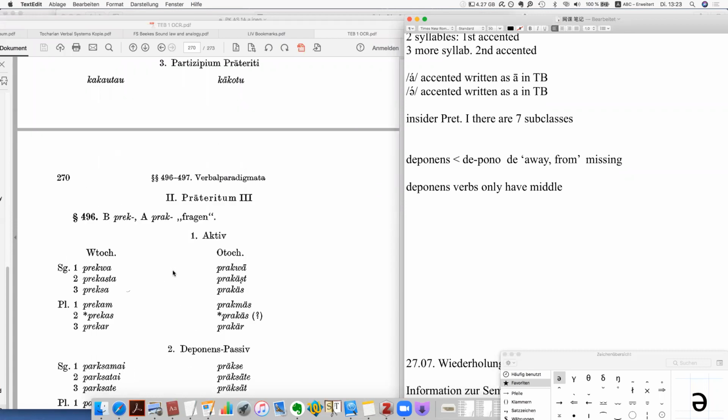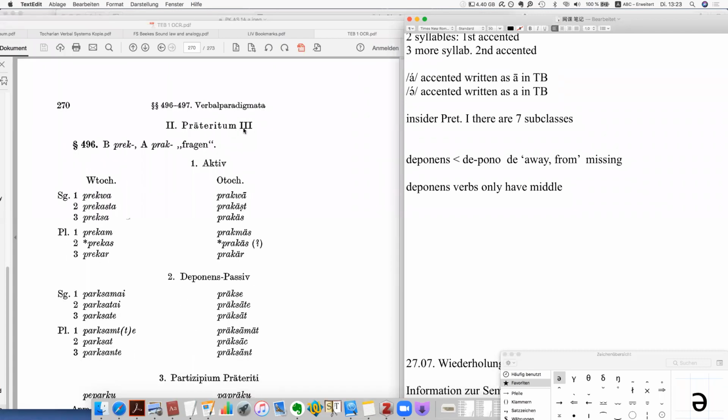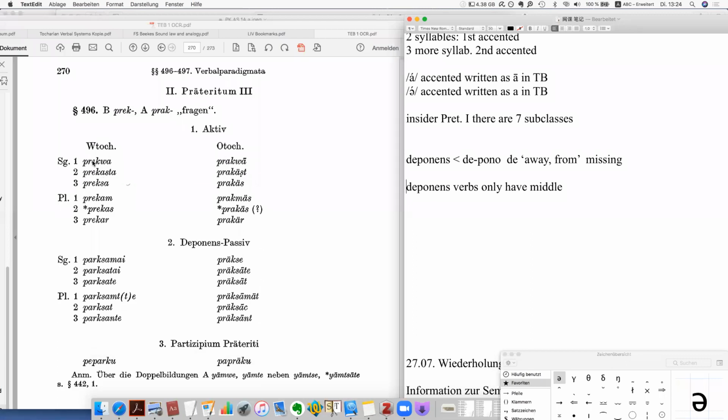Okay, and then we talk about preterite 3. It's called the S preterite because you have an S morpheme here, and you also find the S morpheme in the middle forms. It's a little bit weird that in first and second person there's actually no S, but it is historically correct. We're not going to explain it in great detail, but keep in mind preterite 3